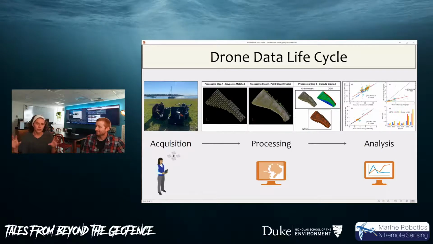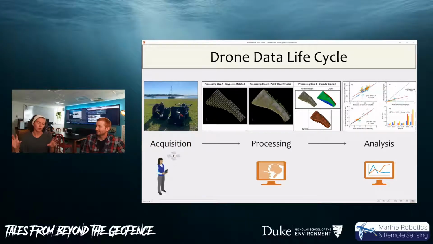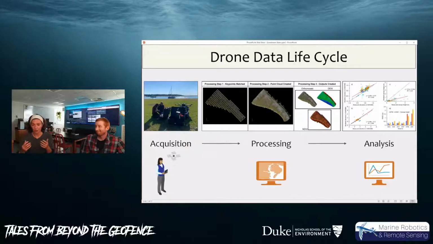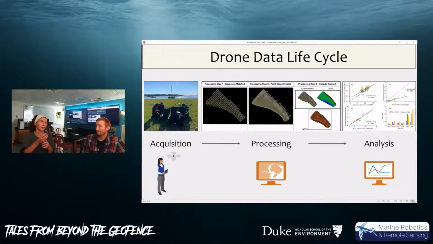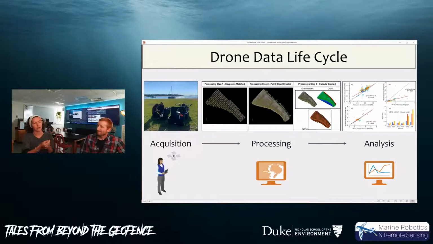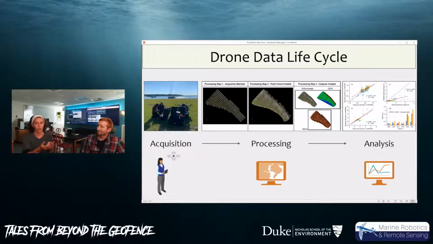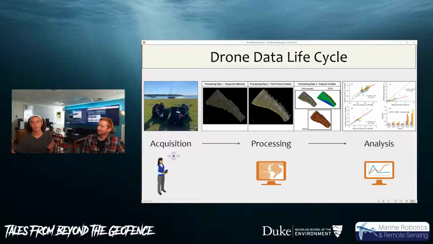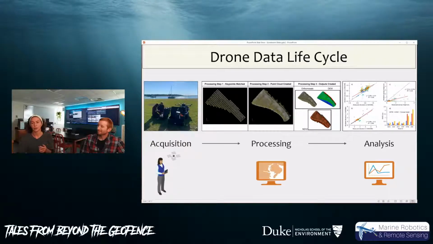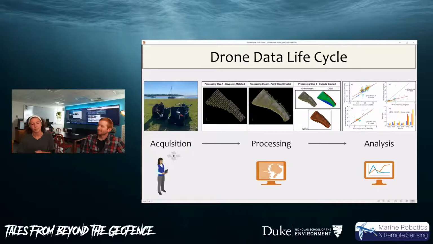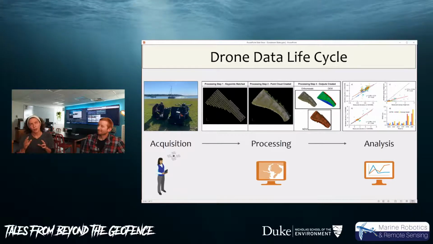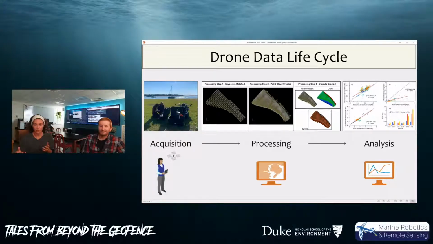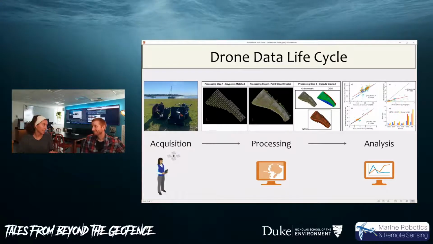So this is just to lay out a visual for everyone, because like I said, it's kind of a black box and there's a lot that goes into taking the reality we see, in this project's case in a marsh or tidal wetland system, to the information that we can take into the scientific community or the management space or wherever. A lot goes into that process, and along every stage of this process is opportunity for variation to be introduced. So this is what we're focusing on today, right?